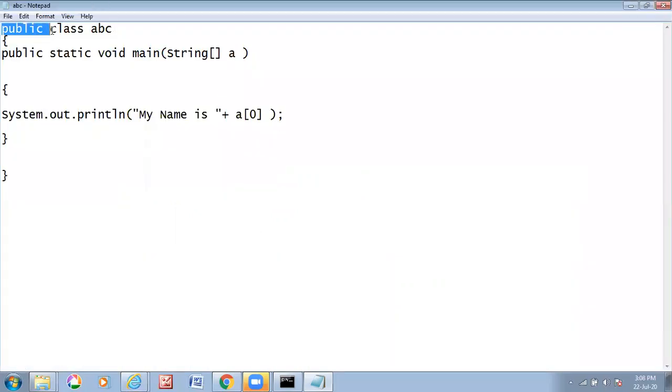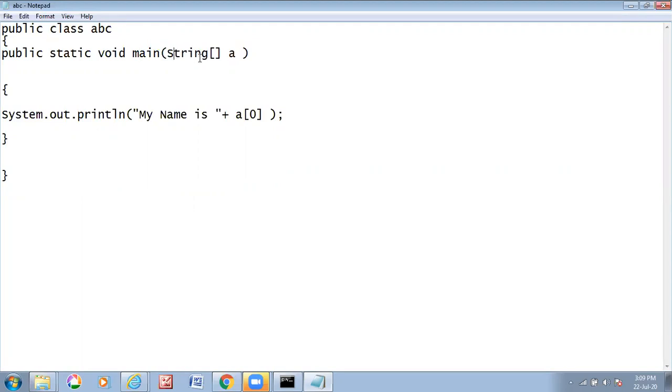Public class, name of the program is ABC. We are not importing any scanner class here. We are simply using the command line argument array. We need to pass the value for this argument array. Public static void main.